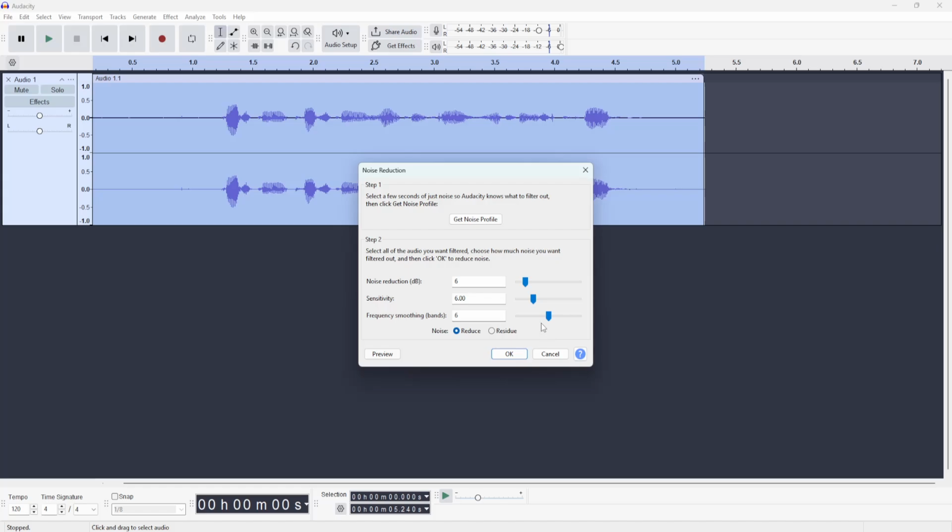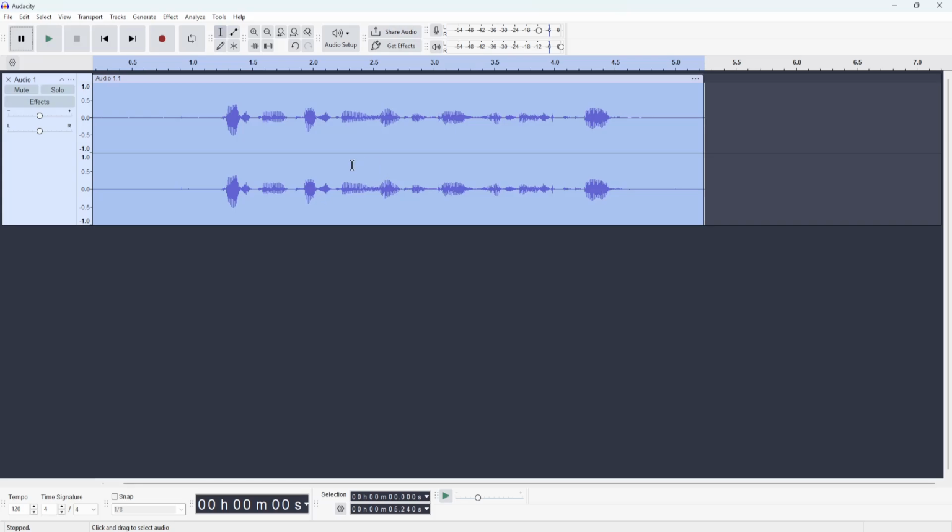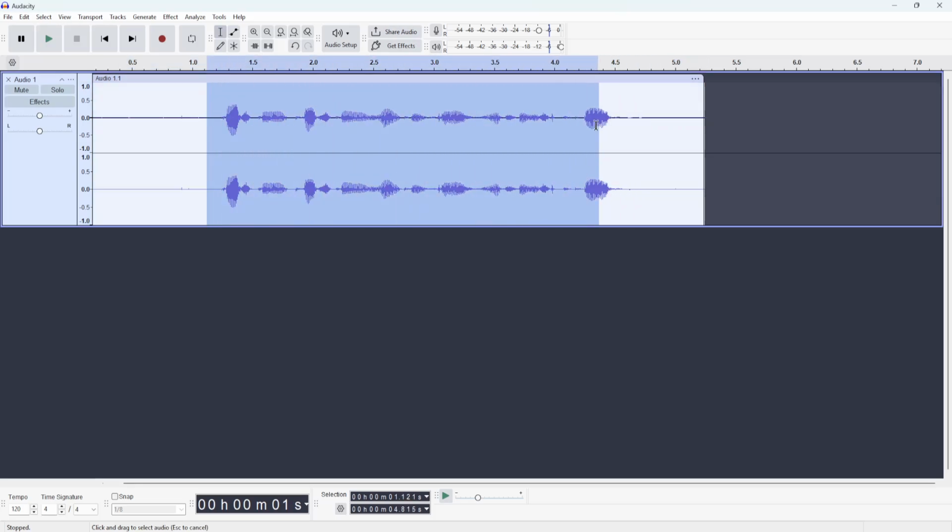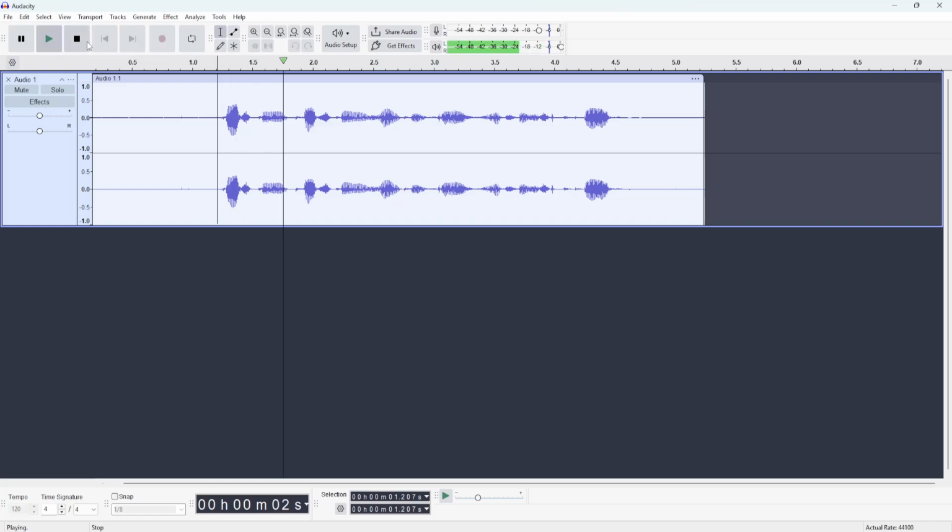In here you can play around with the settings, but I'm just gonna leave it like so, and you can preview it. Testing. As you can see, it sounds clearer, or as you can hear. And once you click on OK, as you can see, it just adjusted the audio a little bit, so this changed. And if we listen to it, testing, 1, 2, 3, it should sound